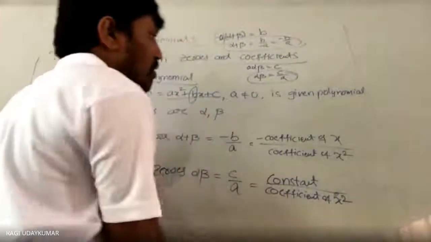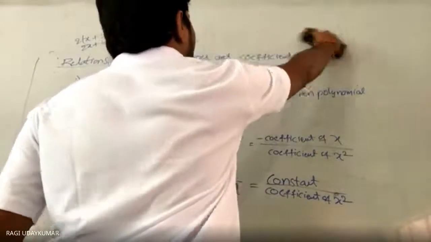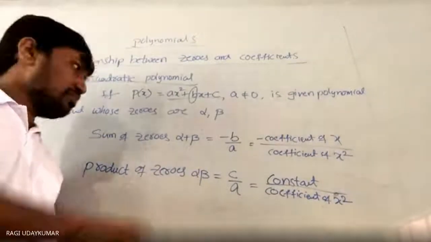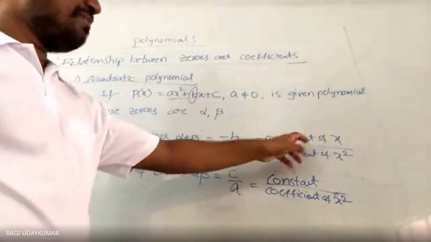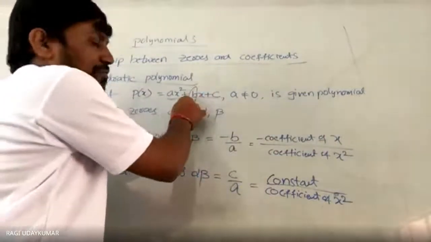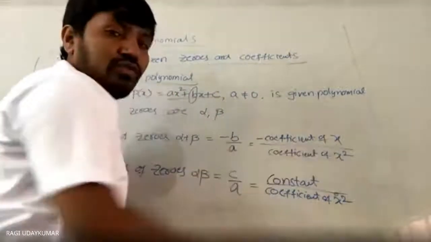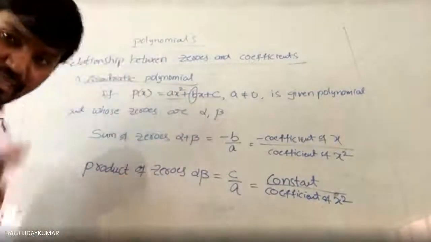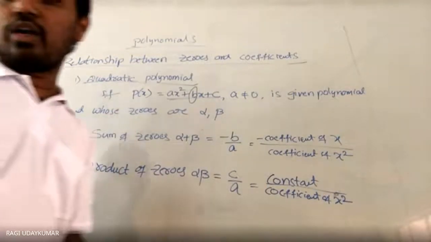Yes, sir. You note down these points in your notebook. Mainly, the proof is actually not essential. Sum of the zeros, everyone should be ready to say that. If I ask you what the sum of the zeros is, it is minus b by a. Not just minus b by a, you have to say: minus coefficient of x divided by coefficient of x square, because the polynomial is taken in terms of x. So note down this one in your notebook.